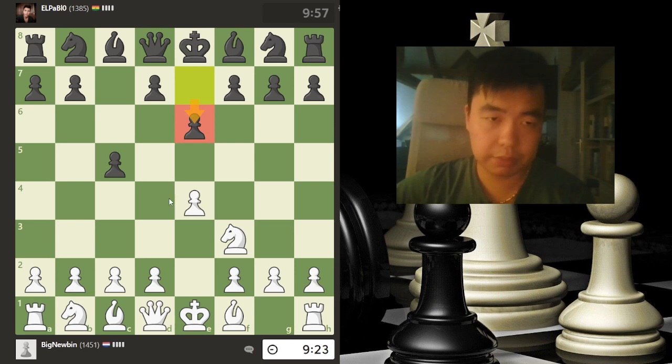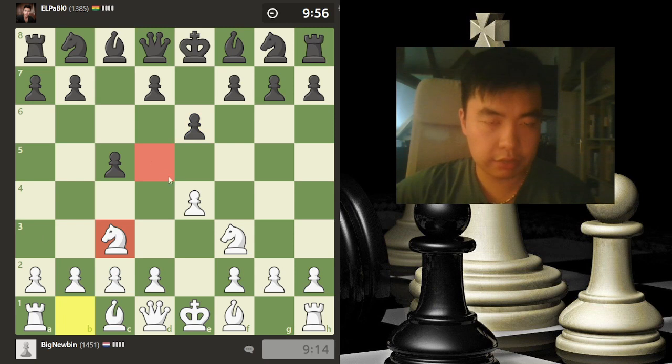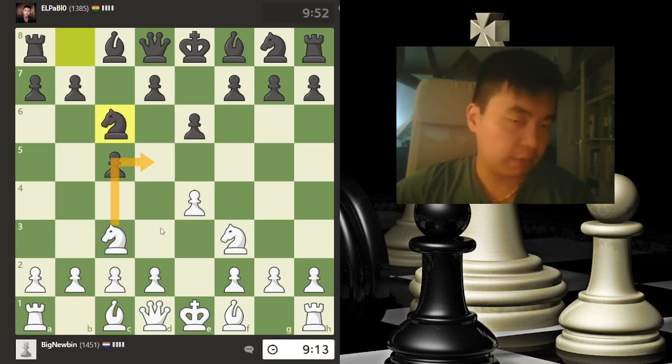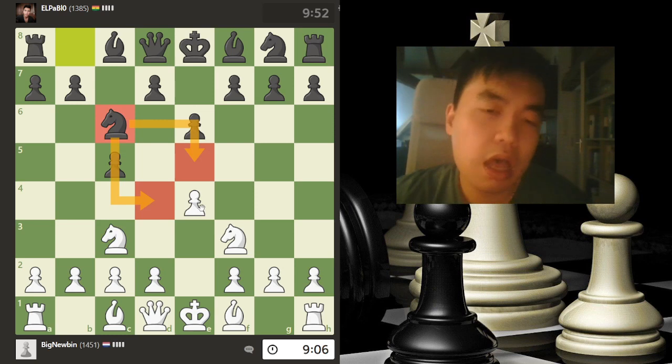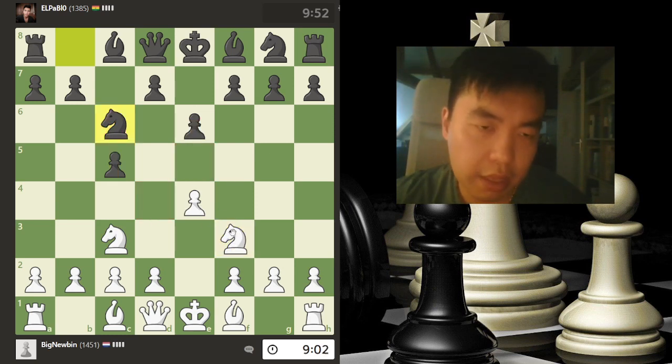Okay, d6 prepares to play this, probably. And here I'm just gonna go simple moves and put my knight out, try to control the square. So in case he goes here, I take and take, and then we take again. Okay, he plays knight here, control over again the central squares. We also can kind of control those squares. So here,